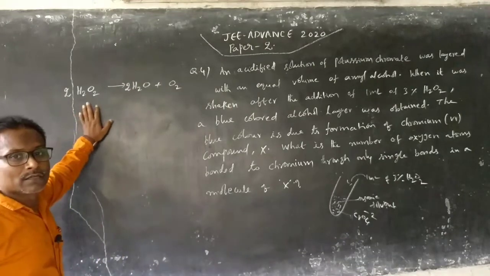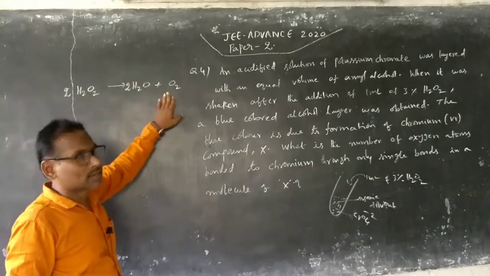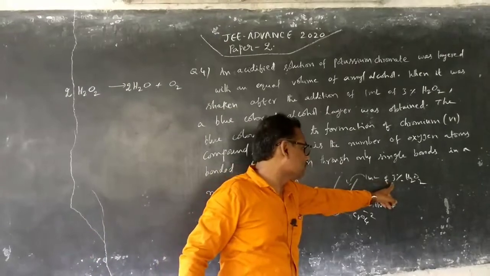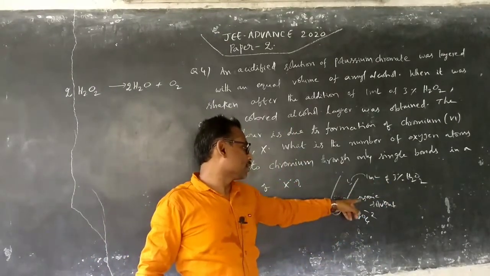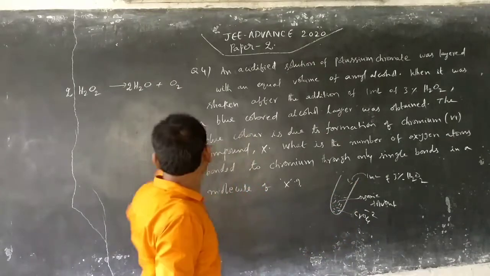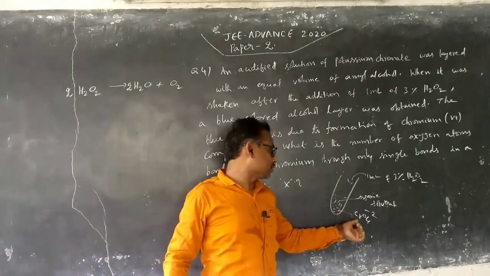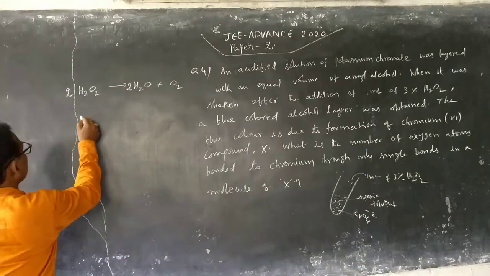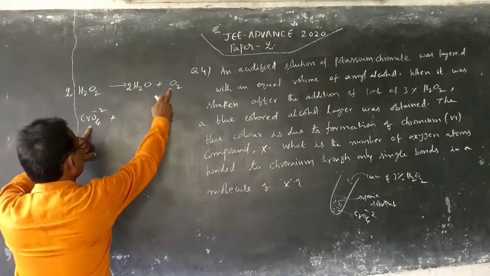Hydrogen peroxide is a somewhat unstable compound; once decomposed, it is able to evolve oxygen gas. So once we add 1 ml of hydrogen peroxide to this mixture of chromate and organic solvent in slightly acidic solution, it decomposes in this manner, and this oxygen is responsible for interacting with chromate. Here it is CrO4 2-, which may interact with oxygen,